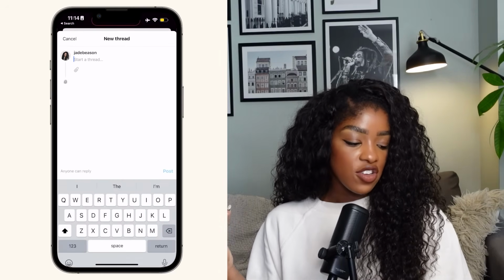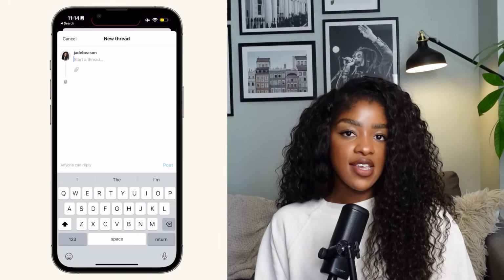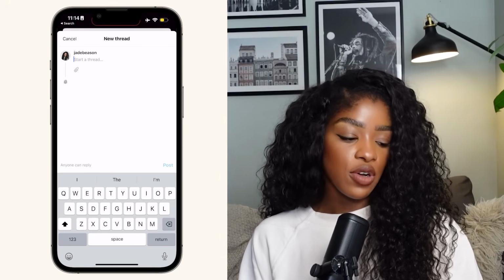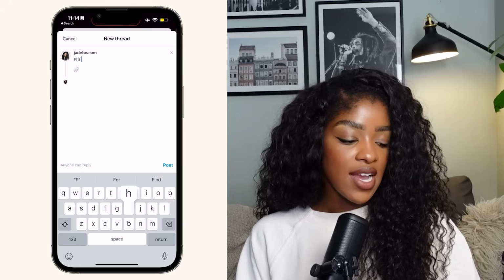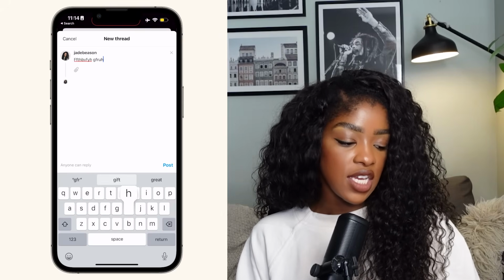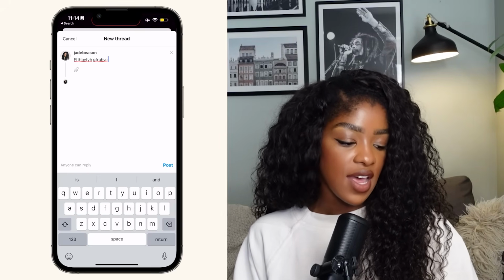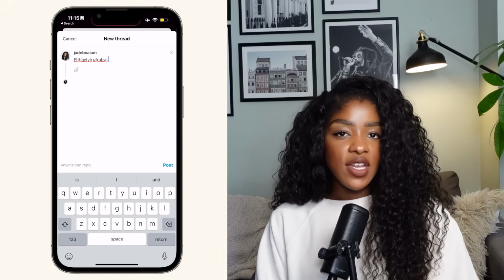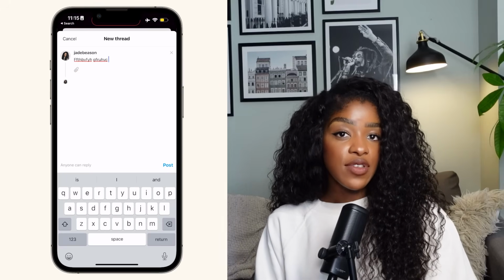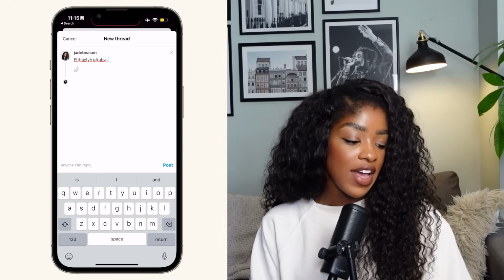There's then the draft button. This is for a new thread, so this is the button you want to press when you want to create some new content. You just click on the button and you can write down a thread for the day. Here you go, some really interesting, insightful threads from me, just absolute nonsense. And if you click the attach button, it will allow you to add a photo, or you can add a video of up to 5 minutes in length.